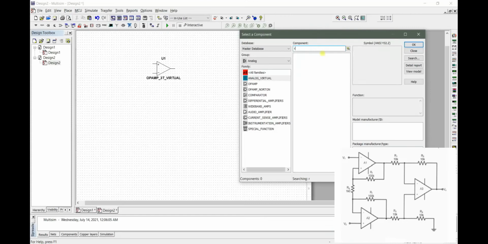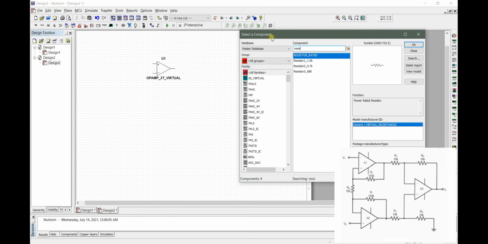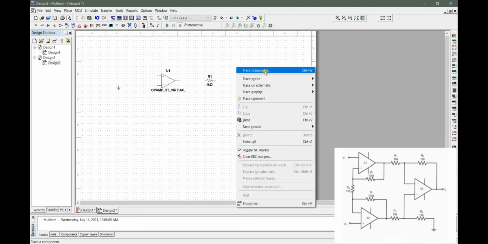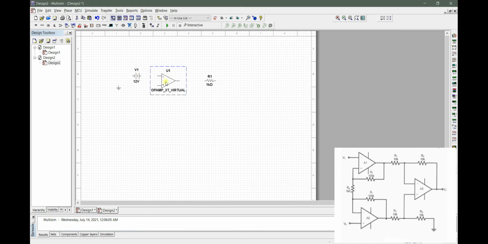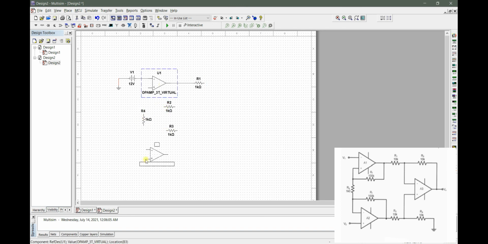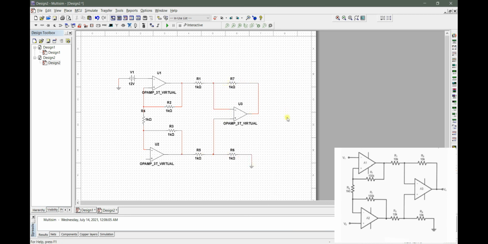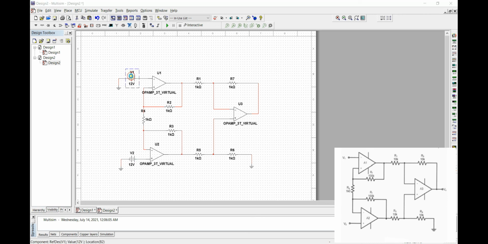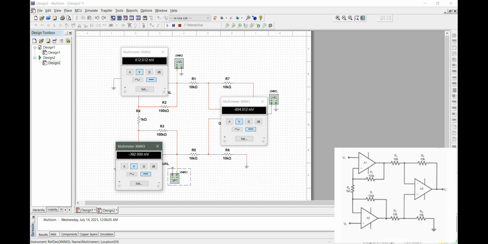For the last question, question 3, we use the same method as we did for the simulation of question 1 and question 2. Just drag out all the components that we need and follow the circuit in the equation, which is the operational op-amp. The op-amp has a specific design that we must follow to get the output voltage. For this part, we just use the op-amp 3-terminal virtual to get the correct output voltage.